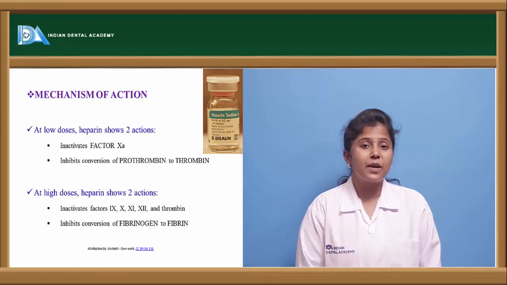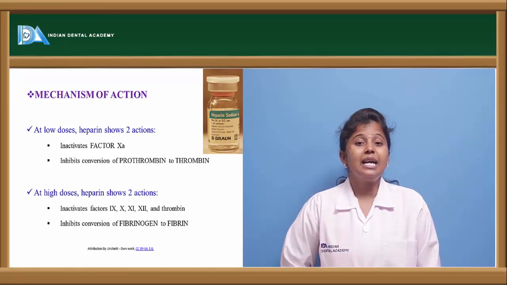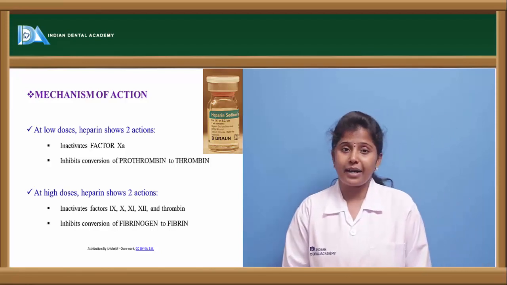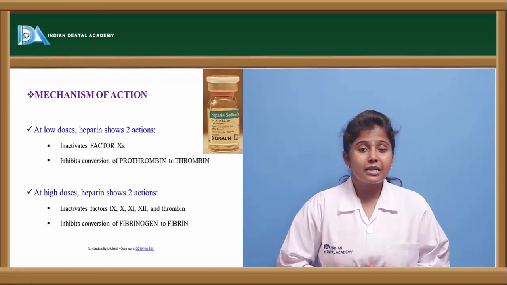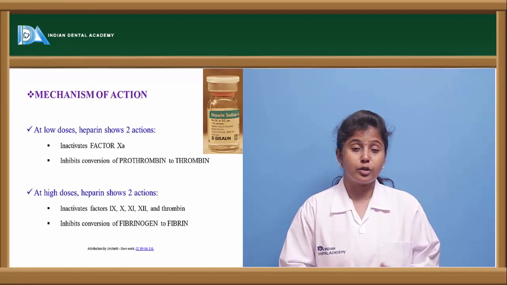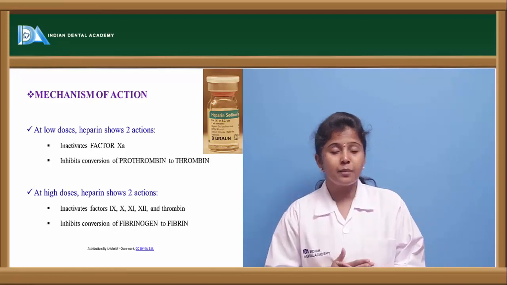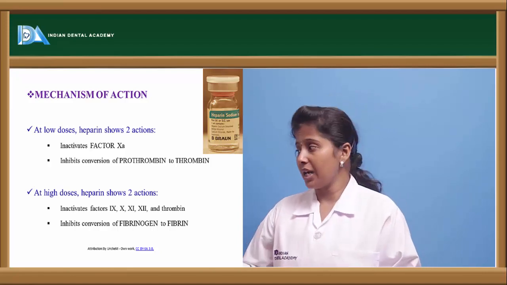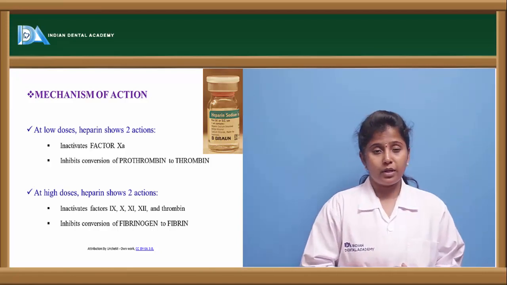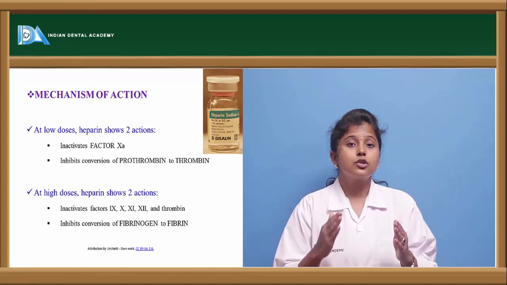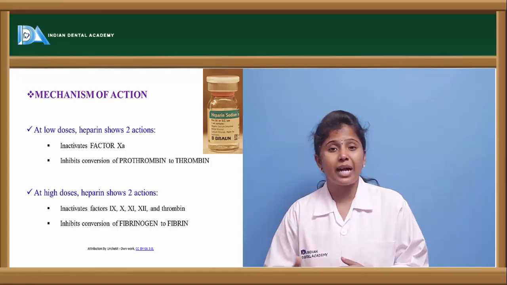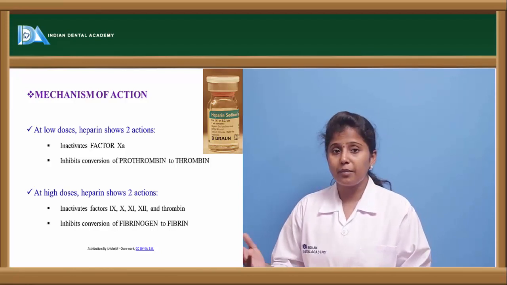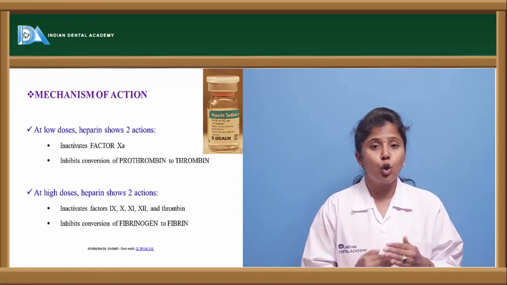If heparin is given in low doses, it inhibits factor 10A. 10A is one of the factors which aids in clot formation. So this factor is inhibited, thereby preventing the clot formation, and it also inhibits the conversion of prothrombin to thrombin. Prothrombin is an inactive form, and this inactive form has to be converted into the active form in order to produce a clot. This conversion is inhibited by heparin when it is given in low doses, and if